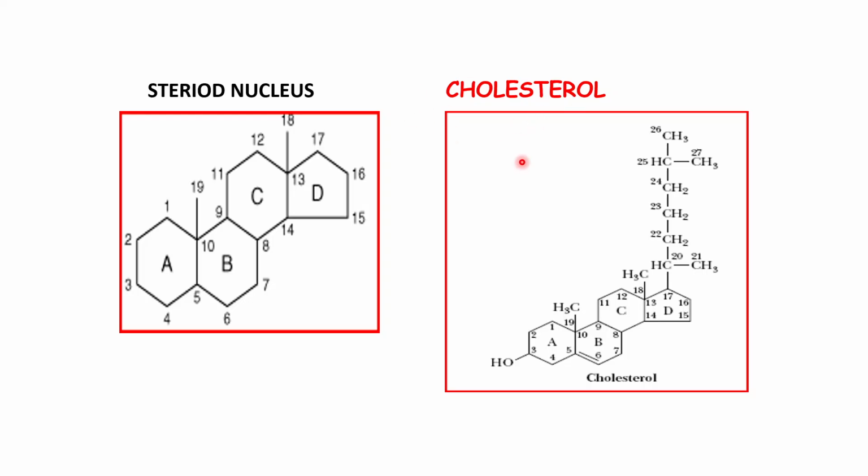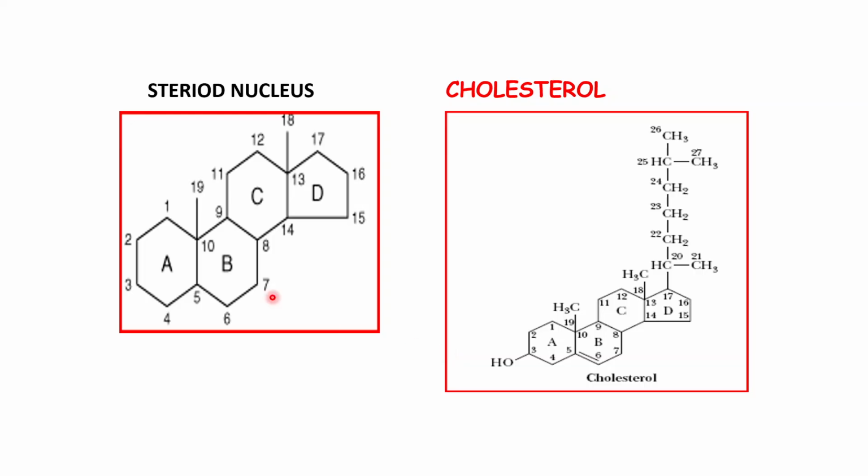Now the structure of cholesterol is very important. This is a steroid nucleus or cyclopentanoperhydrophenanthrene ring. So at this point, third position, hydroxyl group is there, double bond at the fifth and sixth position. So of all the steroids, the basic structure of this cyclopentanoperhydrophenanthrene ring is same. Steroid nucleus remains same. Only difference is that of the side chain, this side chain on the 17th carbon atom. So this varies in different steroids. So you have to learn this structure.